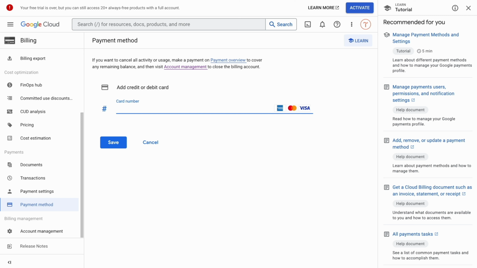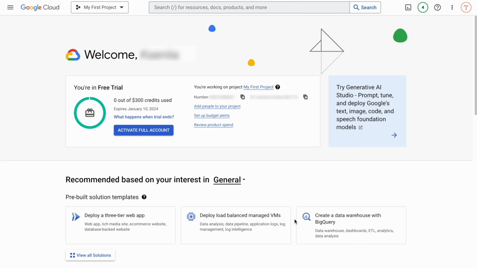Please check the current applicable Google terms and conditions for the free trial period, as well as API pricing for the paid account before signing up for the services. Now let's get back to an API key creation process.